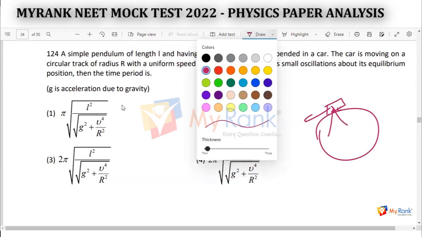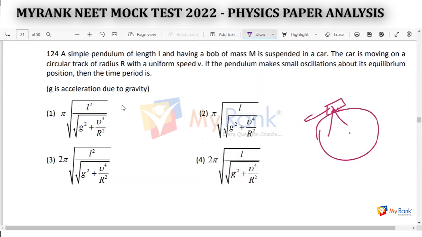okay, in that case, students, what happens? In this direction g takes place, in this direction a takes place, so the effective g should take place like this. g dash is the resultant acceleration. So g dash is nothing but root over